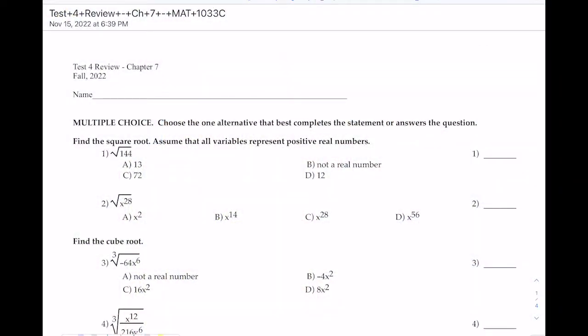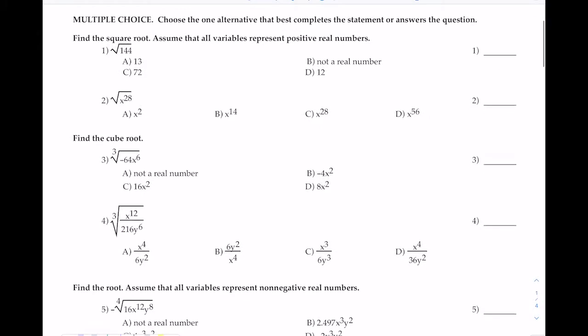Hi everyone, this is the review for test number 4, which is on chapter 7, Roots and Radicals. I'm going to try to go through as many problems as I can. Some I'll probably skip over if they're similar, and all of the answers can be found at the end of the document. Okay, so in the first problem we need to find the square root, and remember we're assuming that